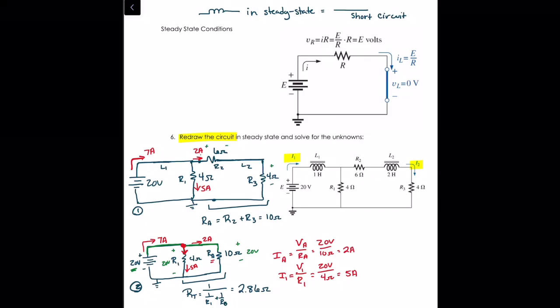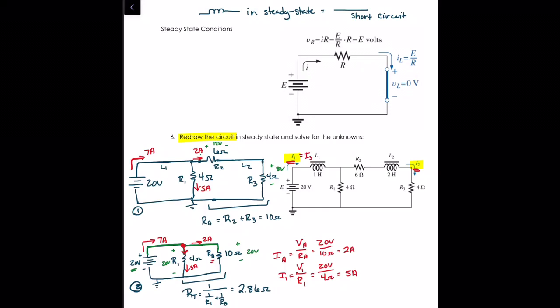That's all that changed here. So 2 amps times 6 ohms, we've got a 12 volt drop here, and that same 2 amps times the 4 ohm R3 means we've got 8 volts drop there. Truthfully, we didn't really need that because we were just looking for I1 and I2, and we already have that. So I1 is actually the source current in this case,